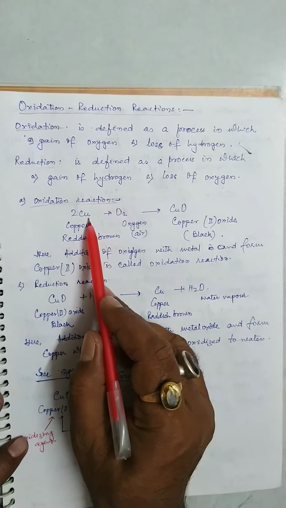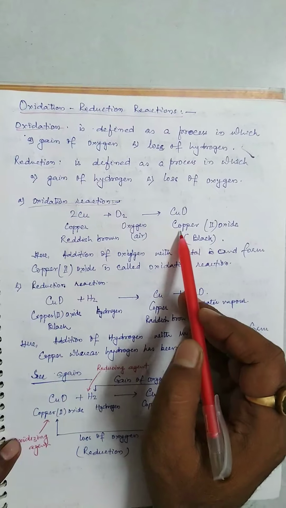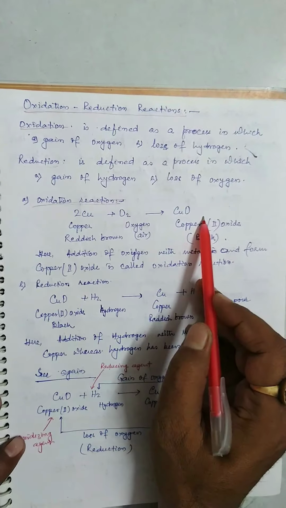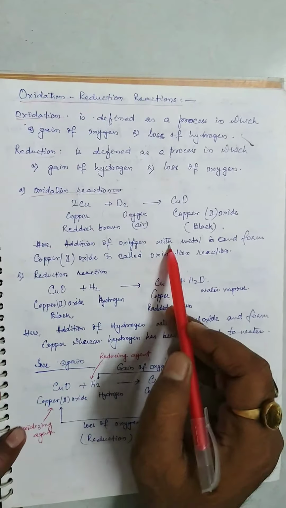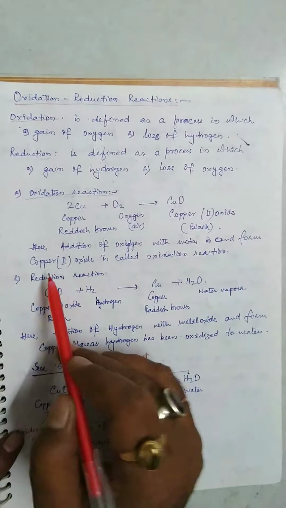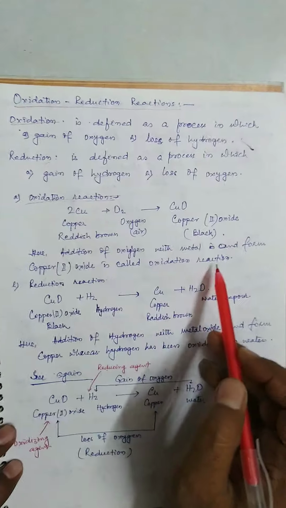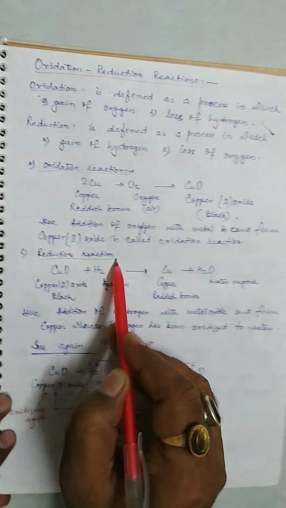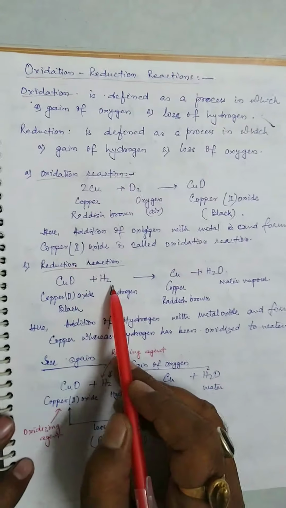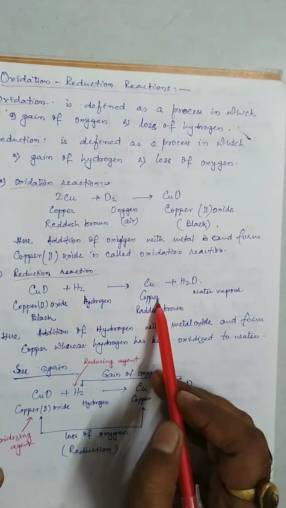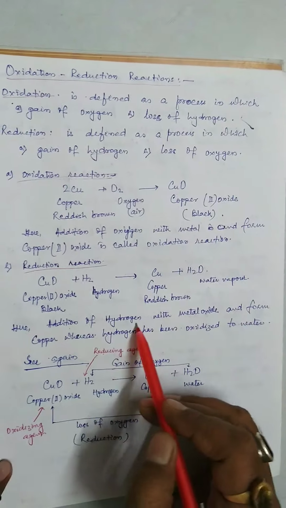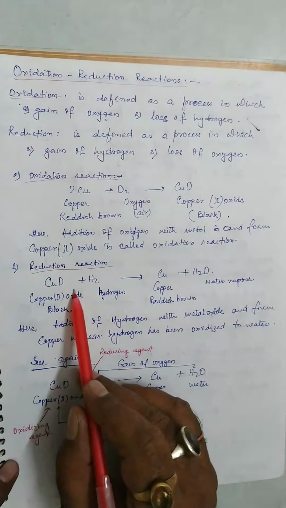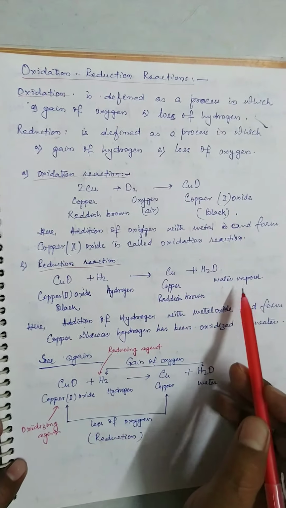oxygen. It means copper reacts with oxygen, they combine with each other and form copper oxide. Here addition of oxygen to metal to form copper(II) oxide is called oxidation reaction. Next is reduction. Copper oxide plus hydrogen forms copper plus water vapor. It means addition of hydrogen to metal oxide to form copper,